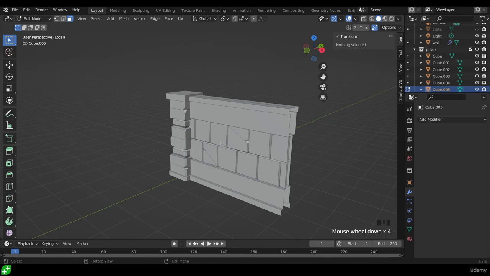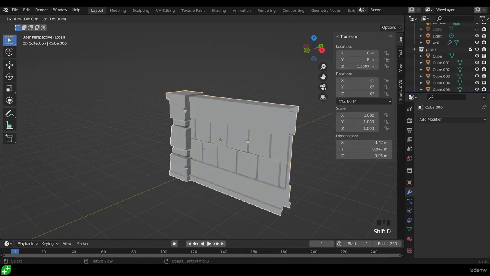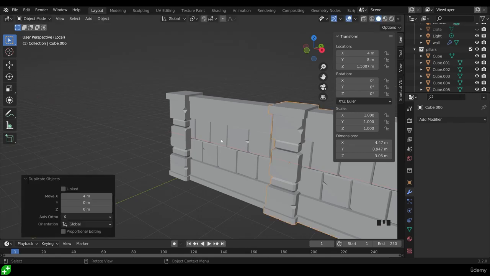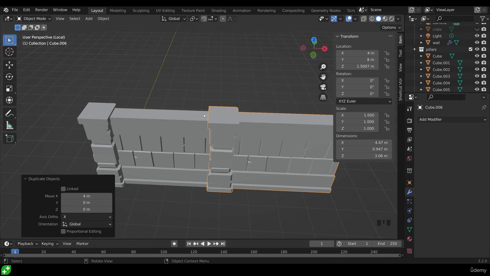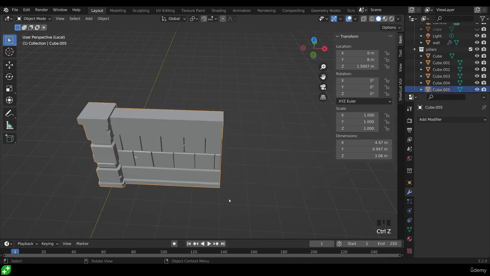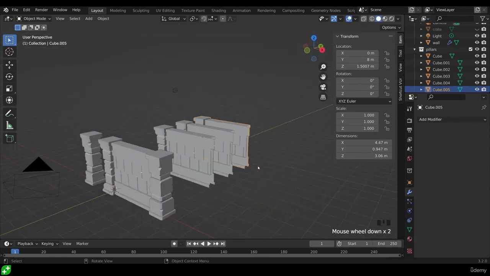Having said that, if I go into object mode and Shift D to duplicate in the X4 and press enter, every time you create a new module like this, you are overlapping your geometry. And this is really common in world building, that you create using modules like this that overlap slightly. So the loss of performance is really minimal, and for speed's sake, it's much quicker to just join them together like we've done here. So I'll undo that duplication and come out of local view,